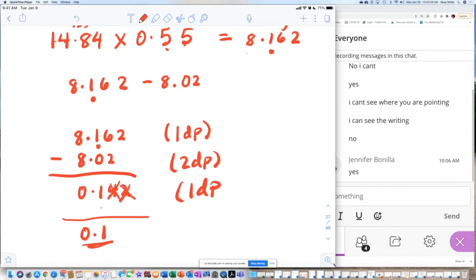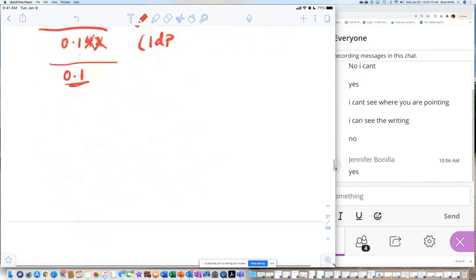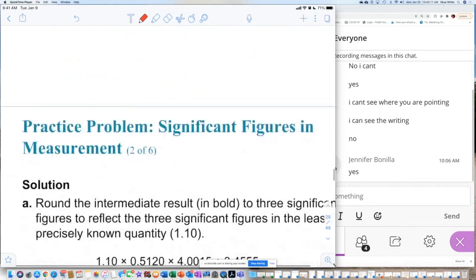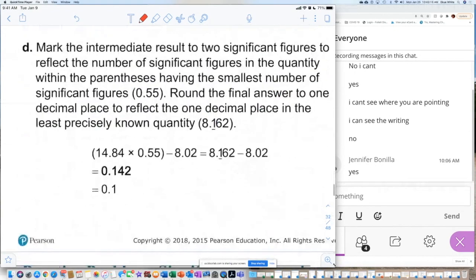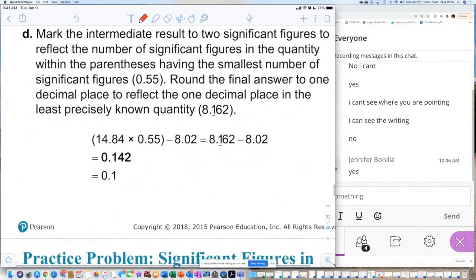Right? This drops off and that drops off. So once again, when you go through the PowerPoint, which now I have an extra slide, you see how they work it out, right? They keep track of the decimal spaces, and then you get to 0.1. Now you're probably asking, can I just go through and just multiply this and then subtract it without doing all that stuff? You can do that, but you want to know how to correctly round it off. So if you just put in your calculator one time,